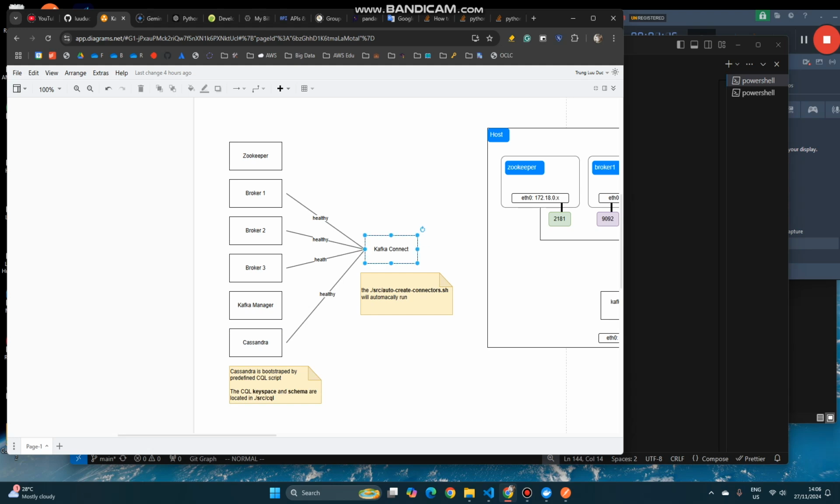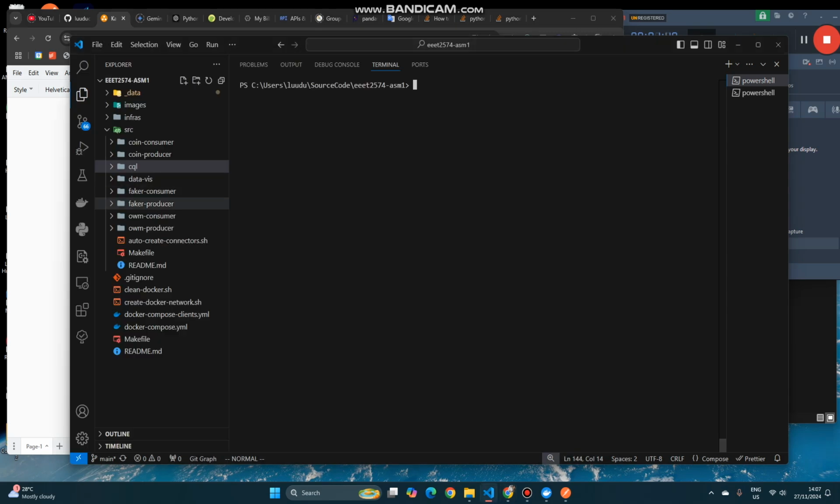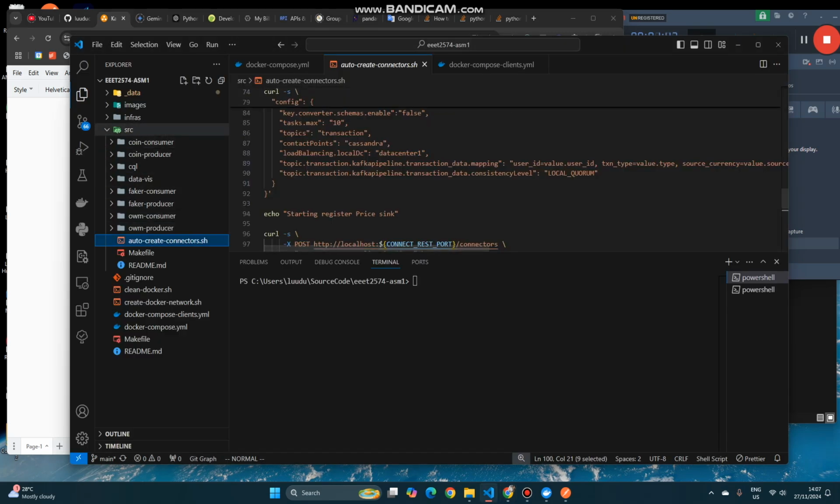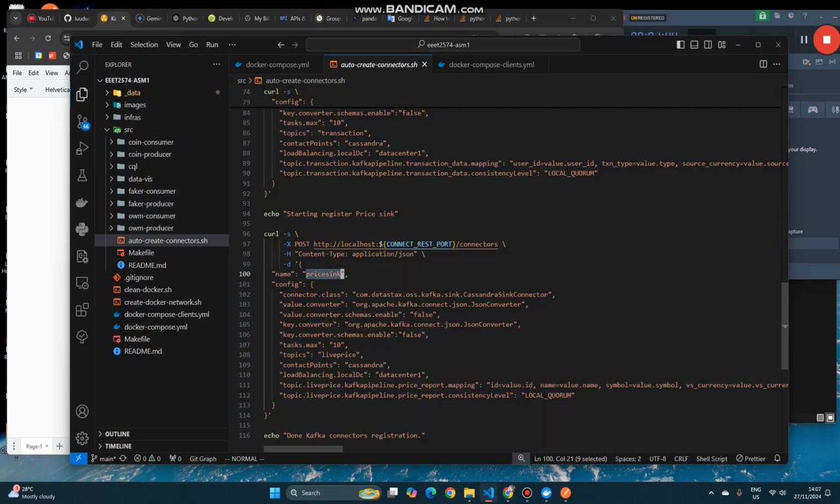And the second thing is the Kafka Connect. So we use Kafka to collect the data, the messages from the topic, and we sync those data into the Cassandra database. So we need the connector. The connector will be created automatically in this script, which is this one inside the source folder. We're gonna have